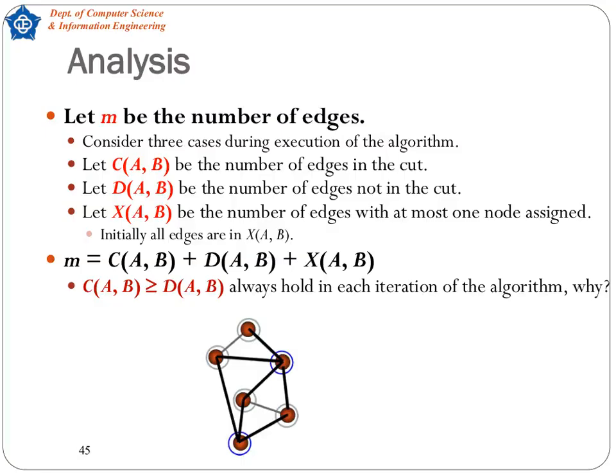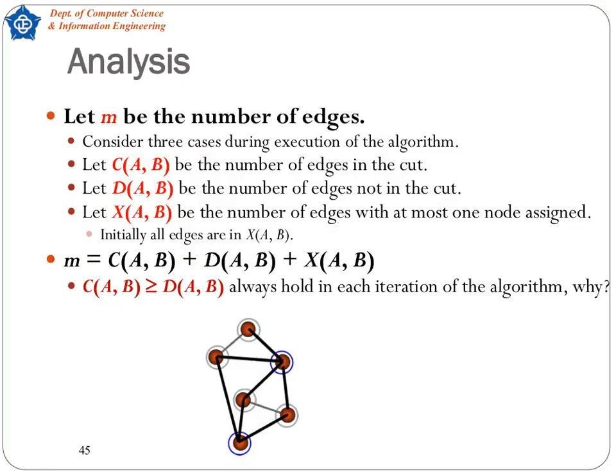Okay, now that we've looked at an example graph, let's dive into the analysis part of our discussion. To begin, let's define "m" as the total number of edges in our graph. As the algorithm executes, we'll consider these edges in 3 distinct categories. First, "CAB" represents the number of edges that are currently included in the cut. Next,